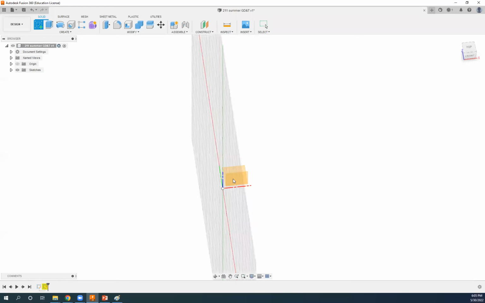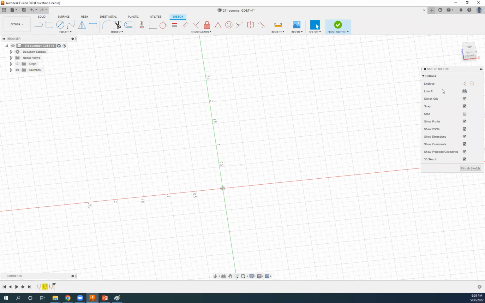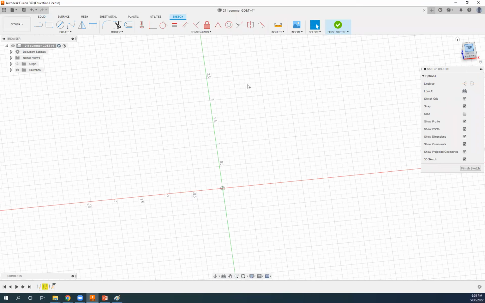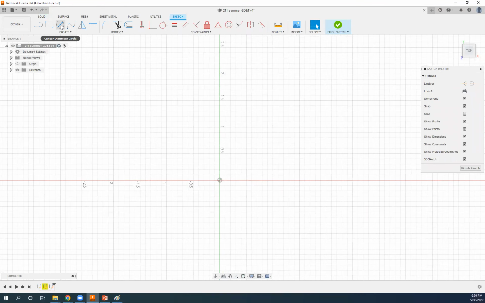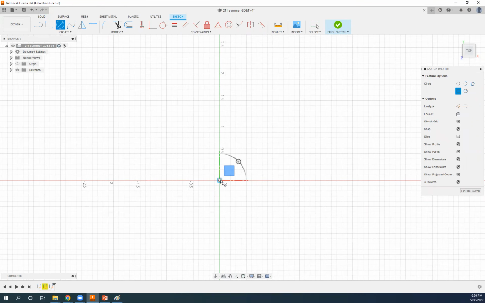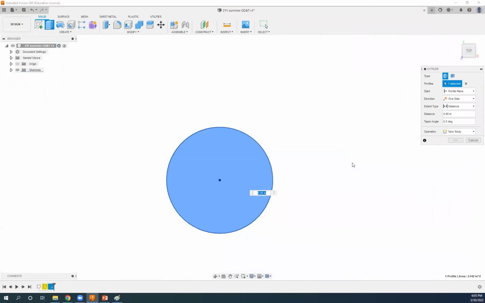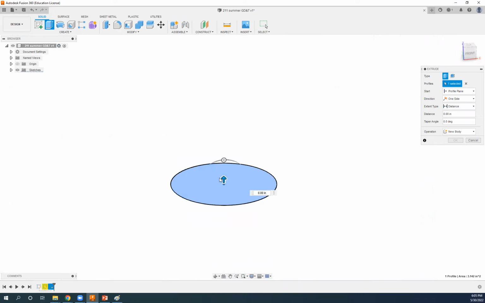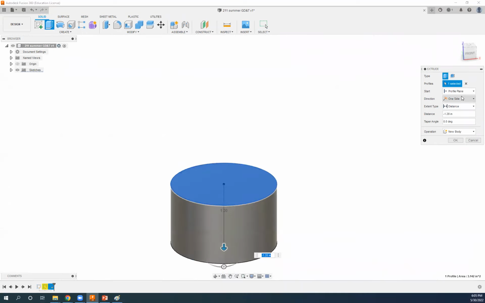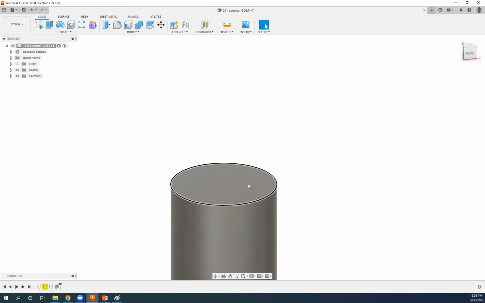And say I want to maybe draw a circle, say maybe 2 inches, and then extrude it. You go to the bottom here to be another maybe 2 inches, and then on top